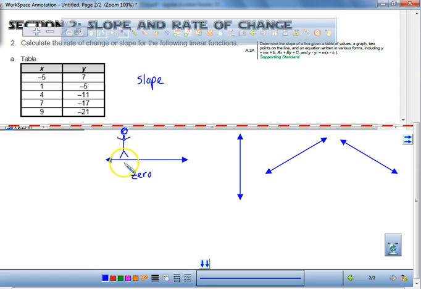Okay? If somebody says, hey, what's the slope of that line? You say 0. Hey, what's the slope of that line? 0. 0, you're right. Good job. Let's say it with enthusiasm. Okay. Now,